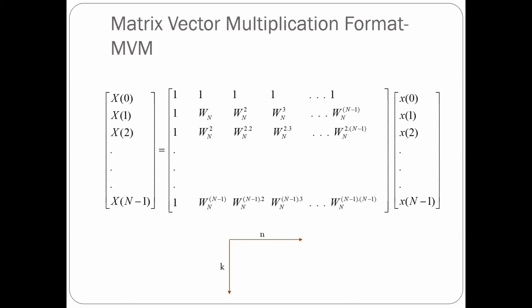Sir, for one sample it will be N multiplications. N multiplications. So how many samples are there in X of k? There are N samples. So how many multiplications are required in total? N into N, that is N squared multiplications are required. Now, there is a very important